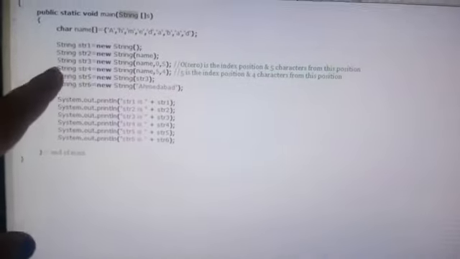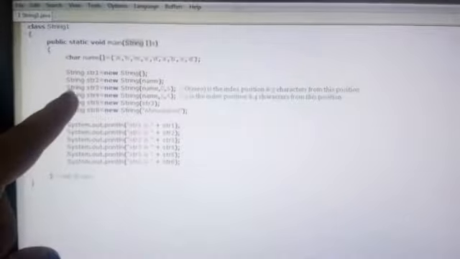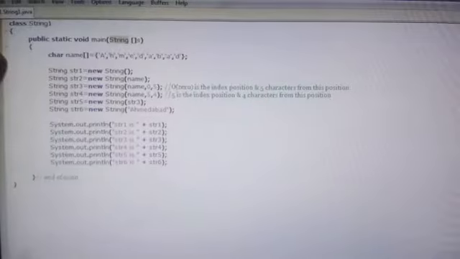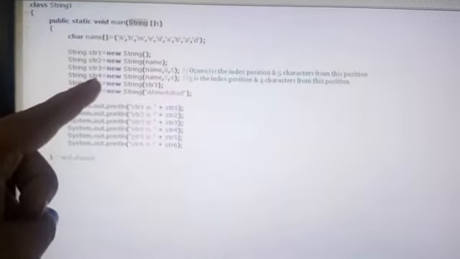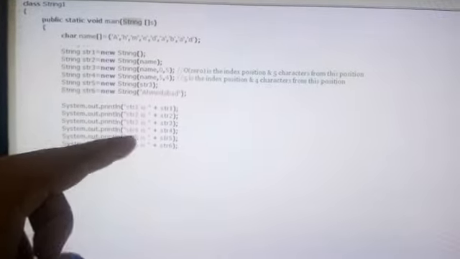So the constructor can be used to initialize values, but in string1 there was no value, so null is assigned to string, as its default value is null. So when we print str1, it is null, blank. Okay, now the third one, I have again created a new object string3, and now you can see that I have passed name.